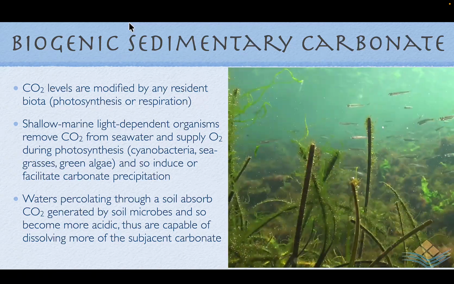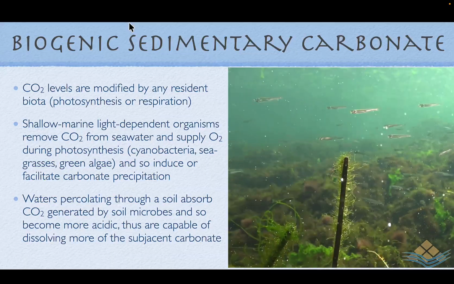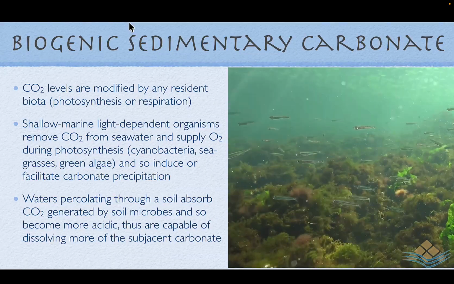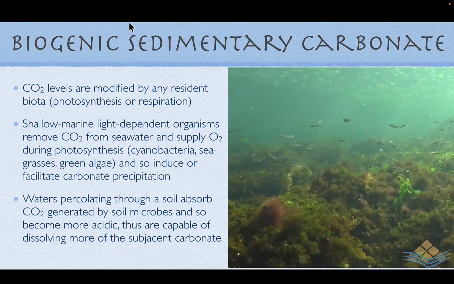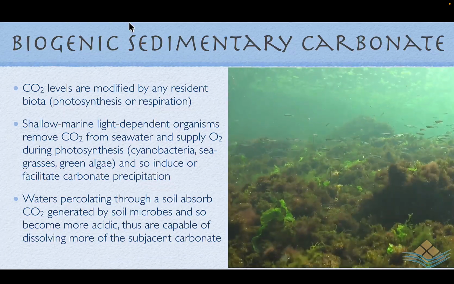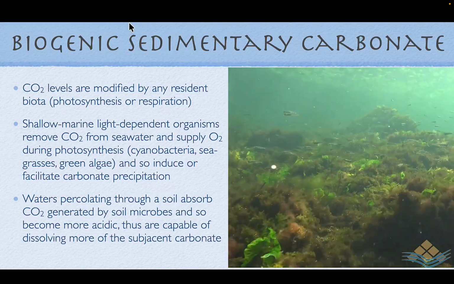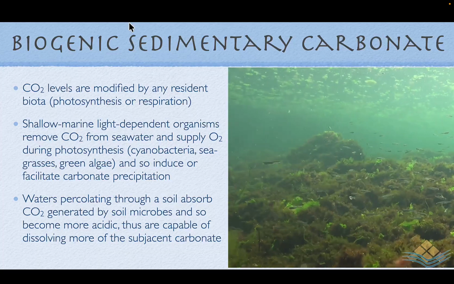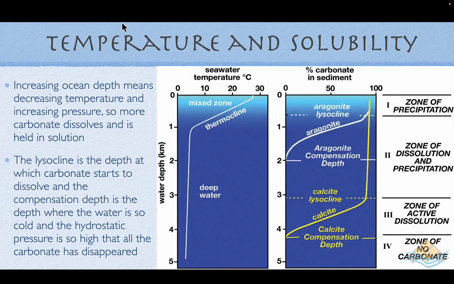Removing or adding CO2 in the natural environment controls whether we will precipitate or dissolve calcite in the sedimentary realm. If we move to the marine realm and now think about it in terms of temperature and solubility with increasing oceanic water depth, on the vertical axis here we have water depth in kilometres, on the horizontal axis in the left-hand figure we have temperature, and on the right we have the percentage of carbonate in the sea bottom